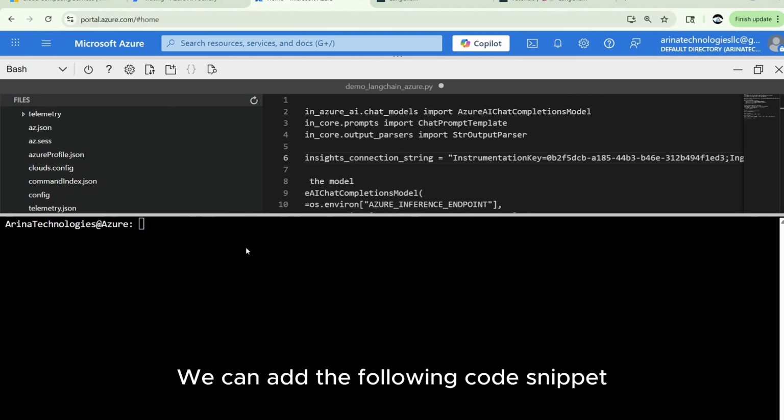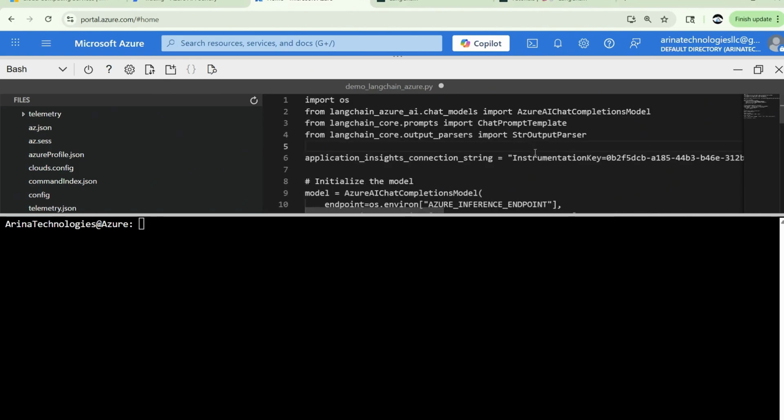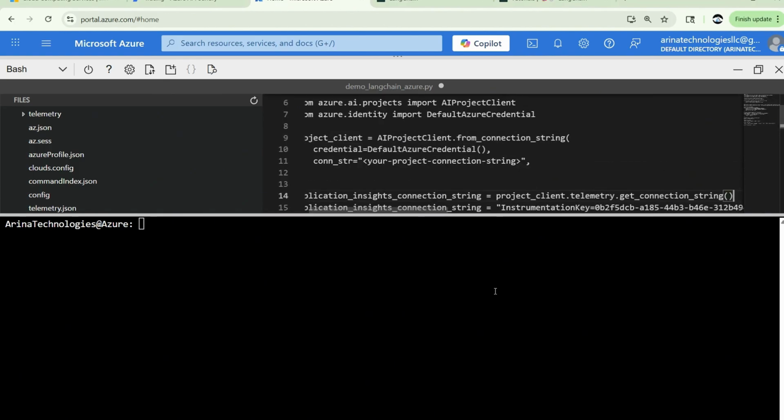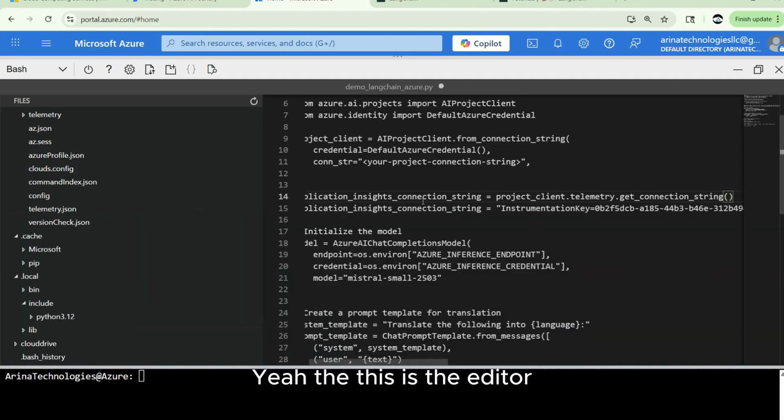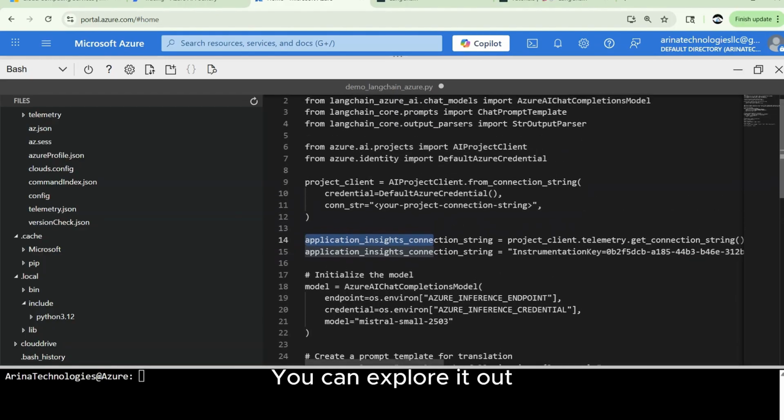We can add the following code snippet. Yeah, this is the editor, but all this code is going to be available in the blog. You can explore it.